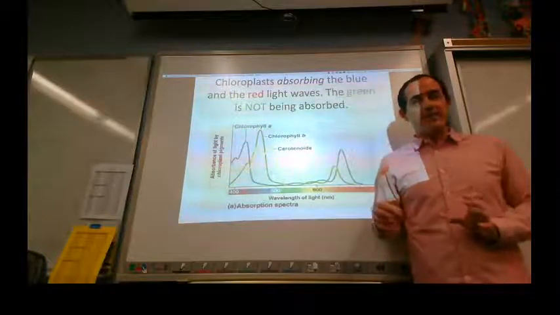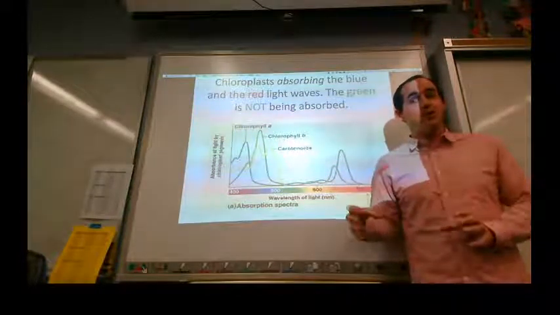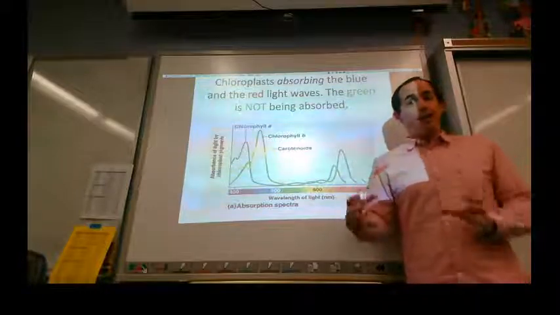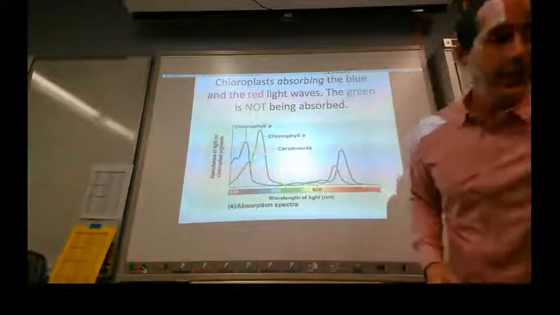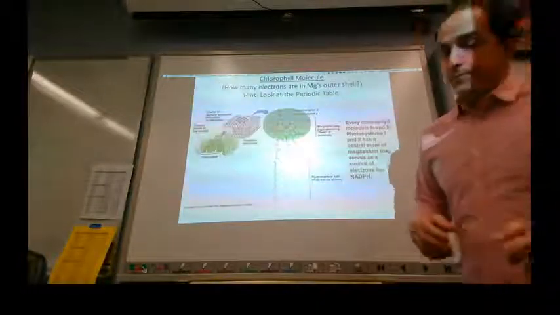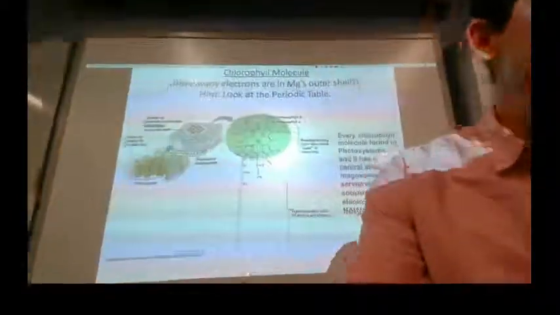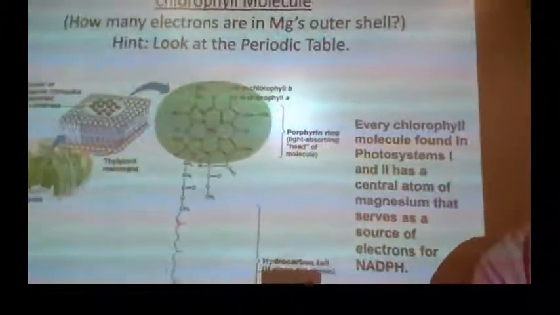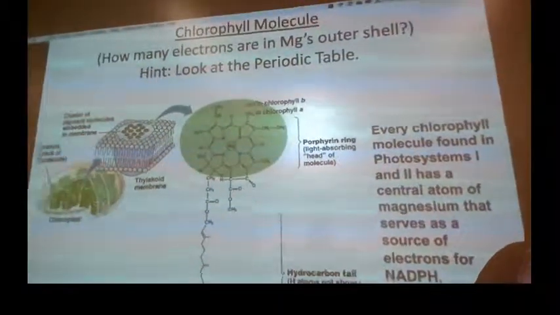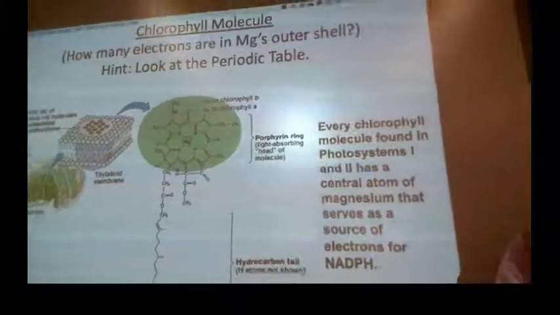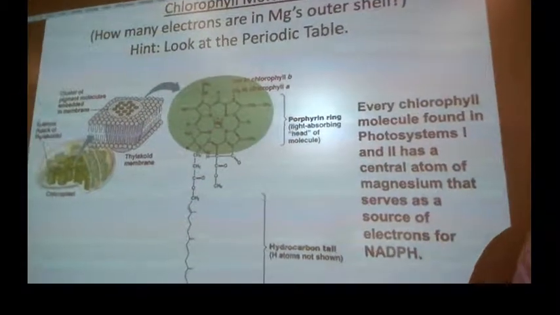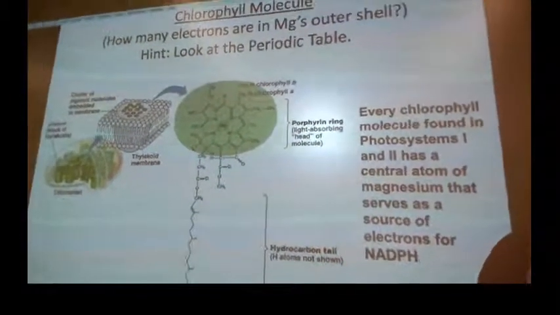This is where we get to start talking about the biochemistry. What do plants actually do? Okay? So, plants have these chlorophyll pigment molecules in their chloroplasts. I'm going to get you a little bit closer here. I'm going to try to do it so that it's not super wonky. All right? So here we have